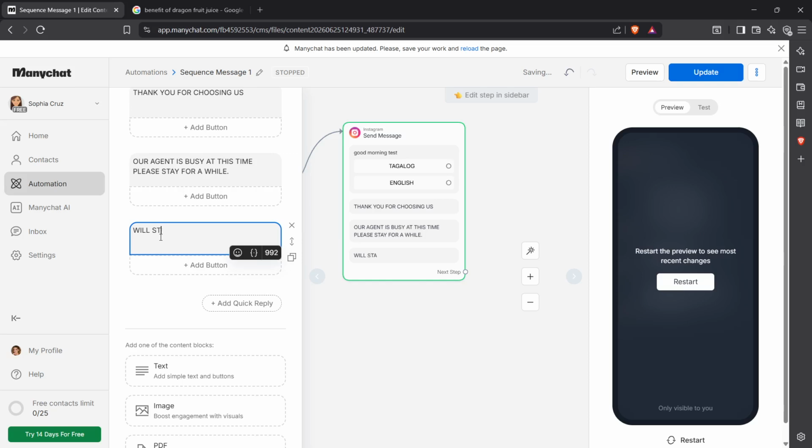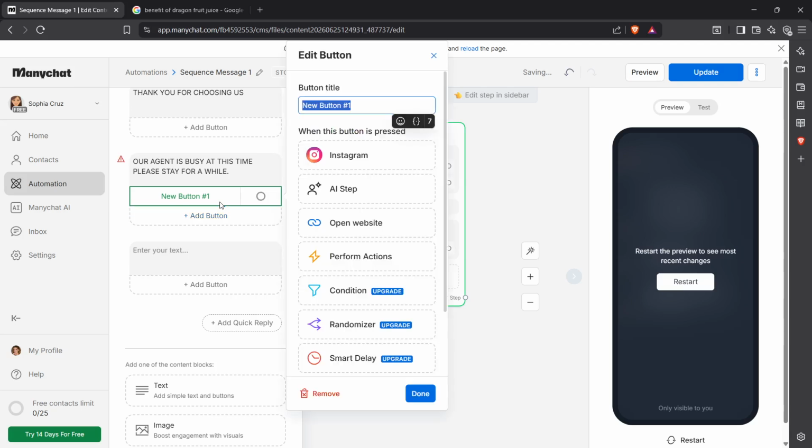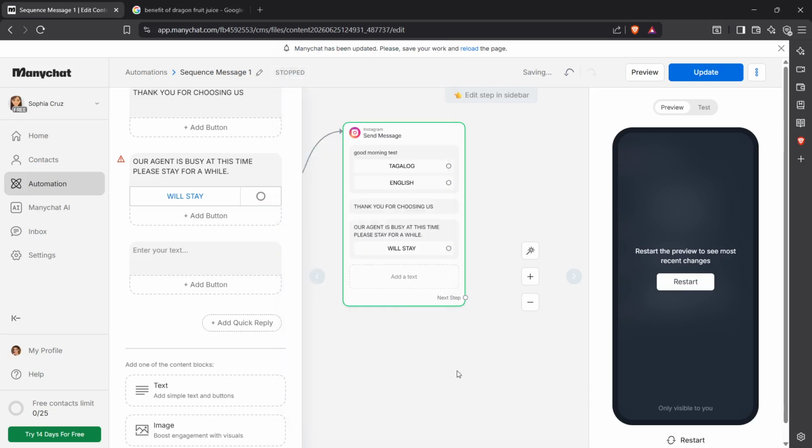This testing process is crucial because it helps you avoid potential hiccups later on. Remember, a well-tested flow leads to better engagement and user satisfaction. In conclusion, by following these steps, you ensure that your ManyChat automations are ready for prime time. Testing thoroughly saves you from future headaches and enhances the user experience.